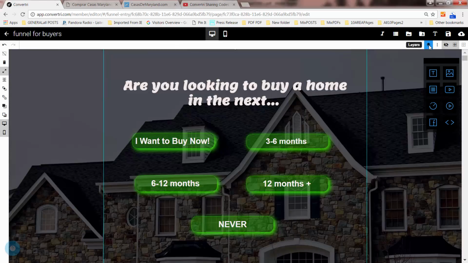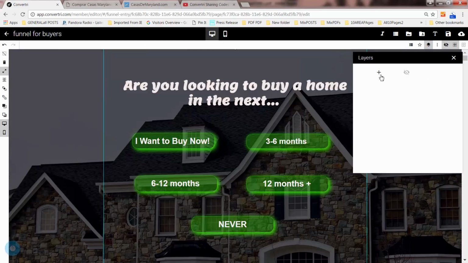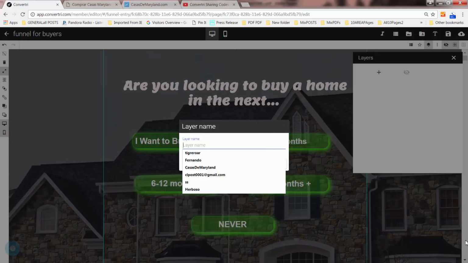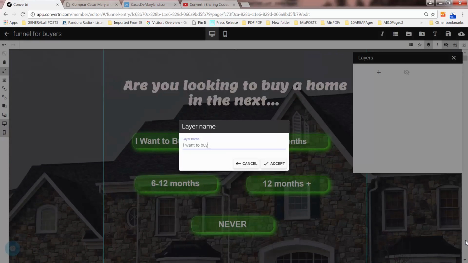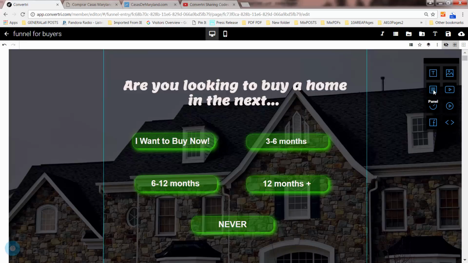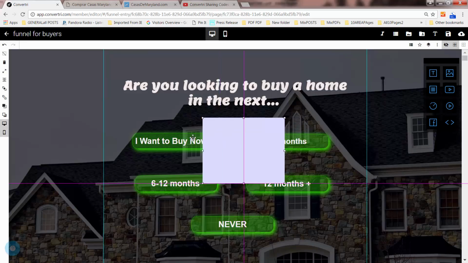So to add a layer, you go over here, you press on this, and you're going to add a new layer, and I'm going to call it I want to buy now, because I want to remember that's the layer I'm working on right now. Over here I'm going to turn it on where it says with a little I. So now the layer is right here, so I need to ignore everything that's in there. So I'm creating another web page that is going to come on top. So I can close this, and basically I can put a panel if I want to,